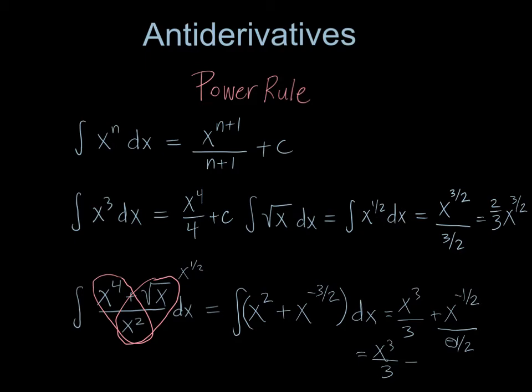Actually, I'm going to do a couple things. I'm going to make it minus 2, because a 1/2 on the bottom is the same as a 2 on top. And I have x to the negative 1/2, which I'm going to move to the bottom because it's negative, and make it a square root because that's a cleaner version of a final answer. Plus c,